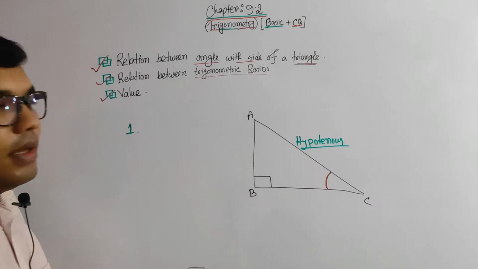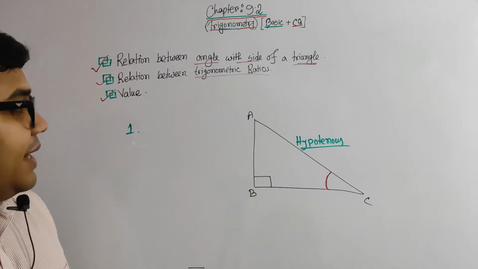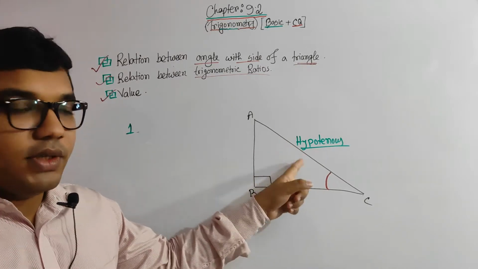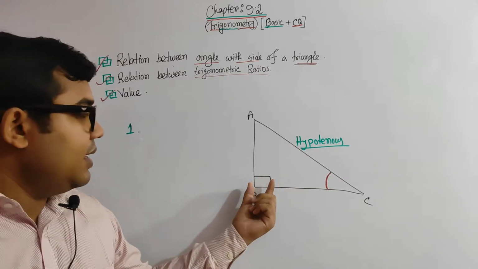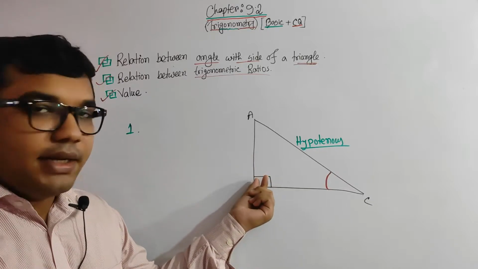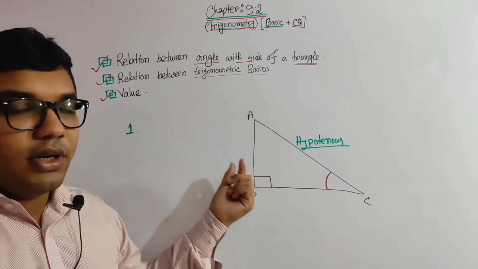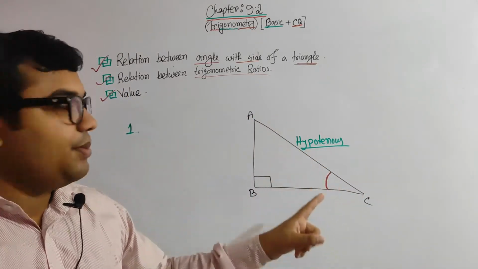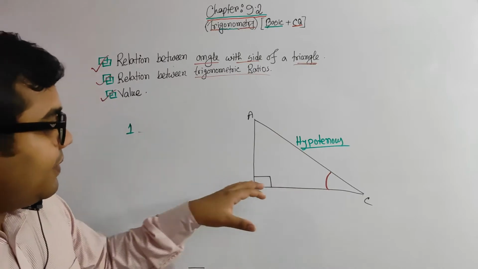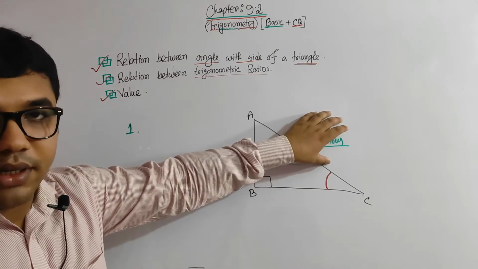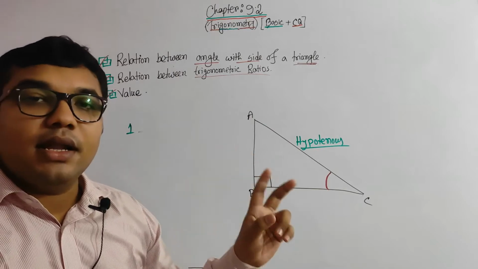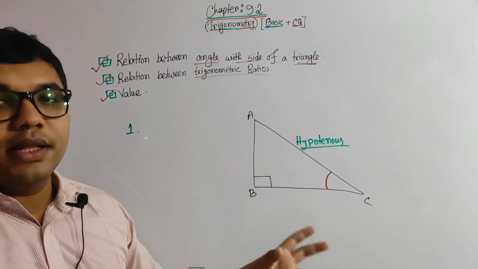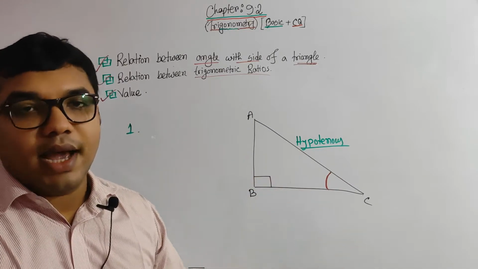This side is known as the hypotenuse. Why is this side named the hypotenuse? Because it is the side opposite the 90-degree angle. So if here is the 90-degree angle, then you have to make sure that this is the side whose name must be the hypotenuse. In this triangle there are another two sides. One side is named the base and the other side is generally known as the height.